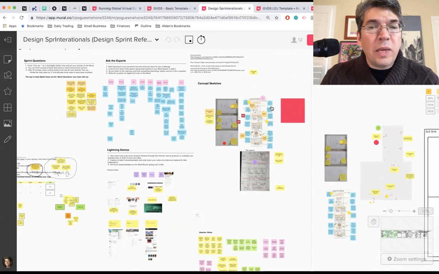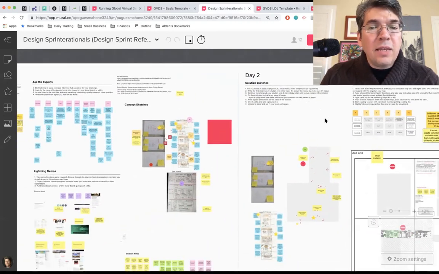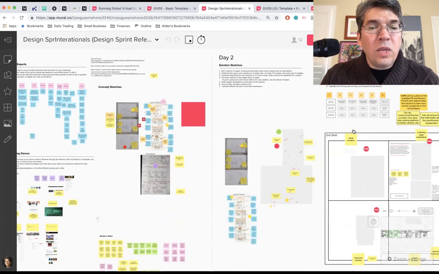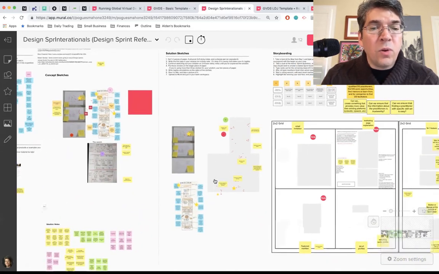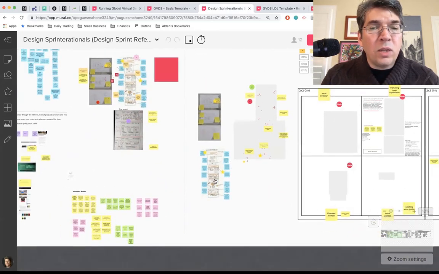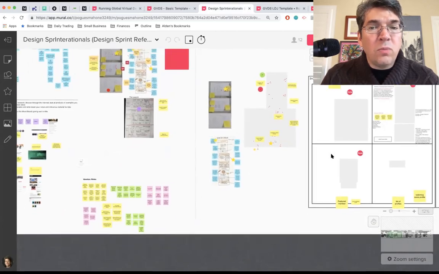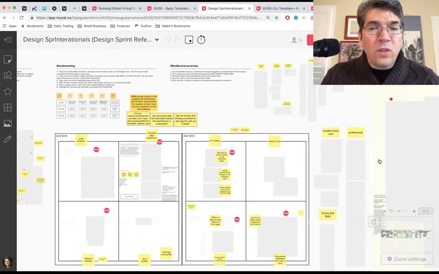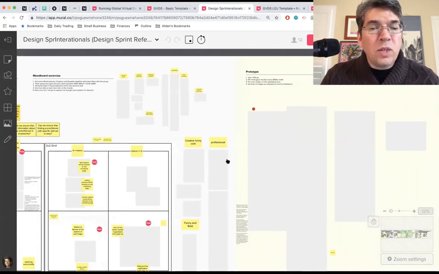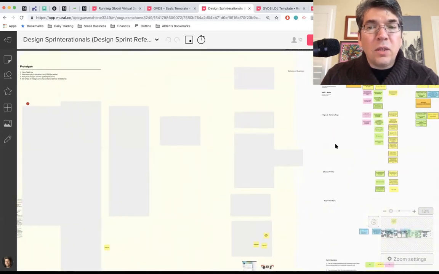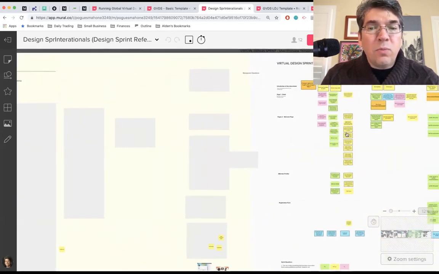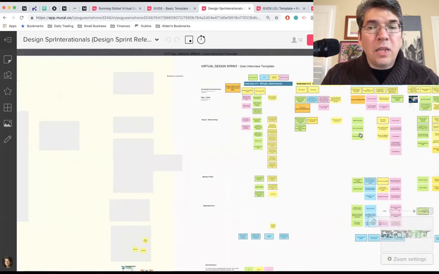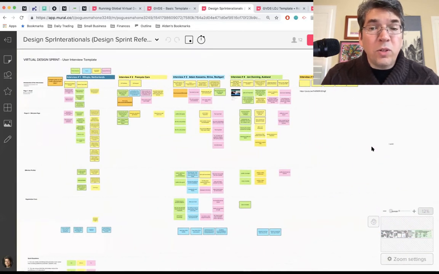Concept sketches went in this space, and as you can see, they start incorporating Mural as they learn and understand the program, what makes sense to them and how they want to go about doing the work. Storyboarding, mood board exercises, and again, this is part of the main presentation, and I'm waiting for this all to refresh, but this shows prototyping and everything, including the user interview templates, putting in notes as people heard what people were saying, all the people that they had interviewed for the prototypes they were testing.